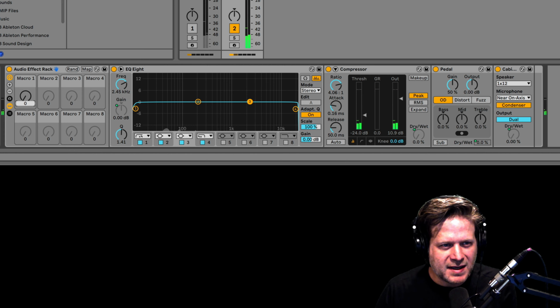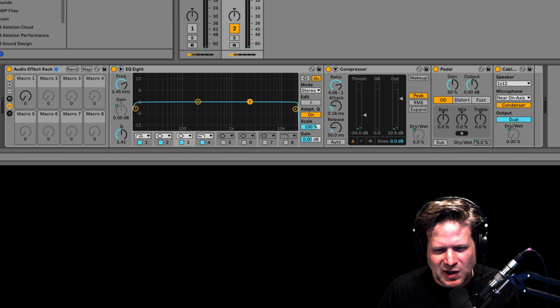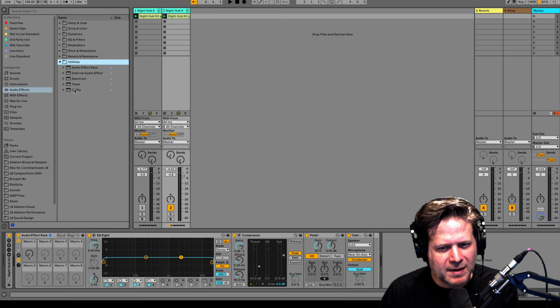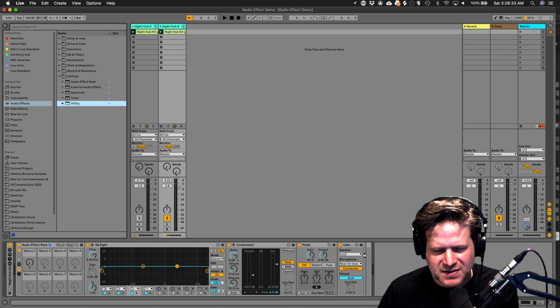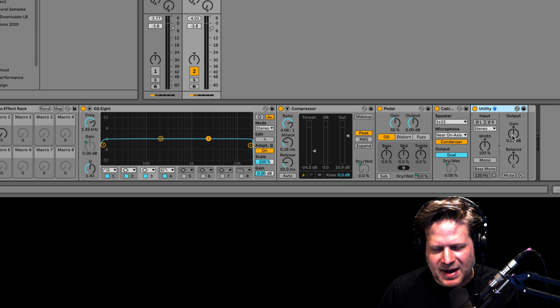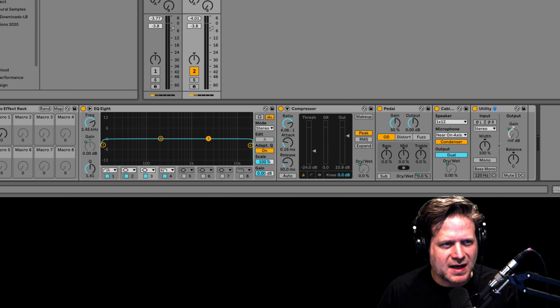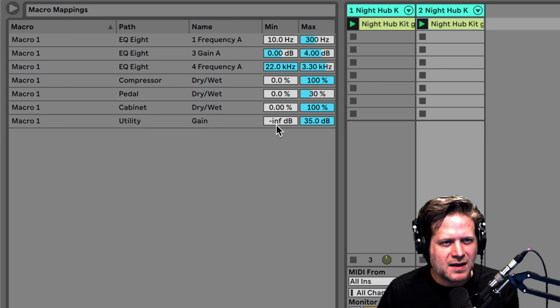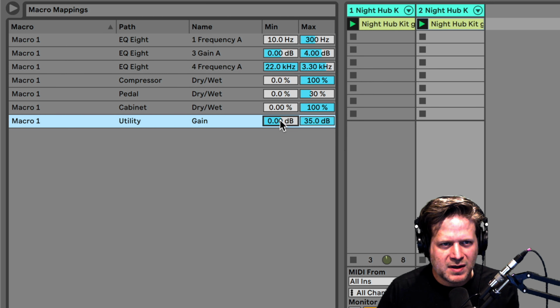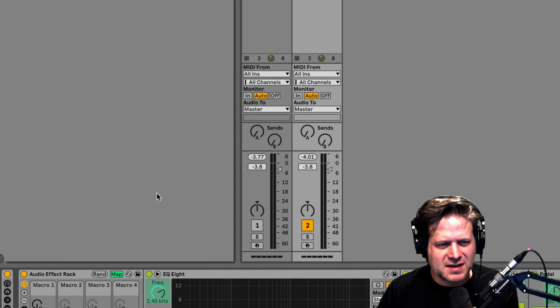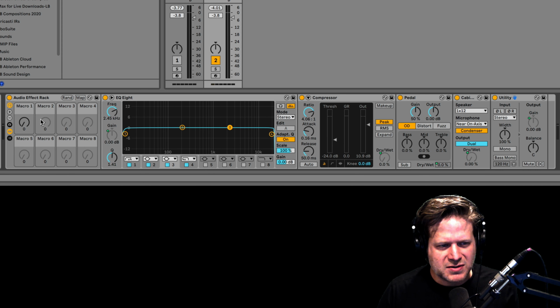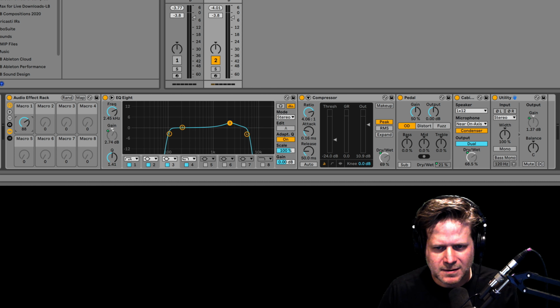Now, another thing you can do is if the volume gets a little bit too low when you have that macro on, I can grab the utility, drop that at the end of this effects rack here, and I can map that output to macro 1. Again, I'm going to go into the mapping of it, and I'm going to set the gain to go from 0 to maybe just a couple dB louder, just like 2. So it raises the decibels of that utility device. So now I bring that up. You can see that gain rise a little bit. So now when I play it back,